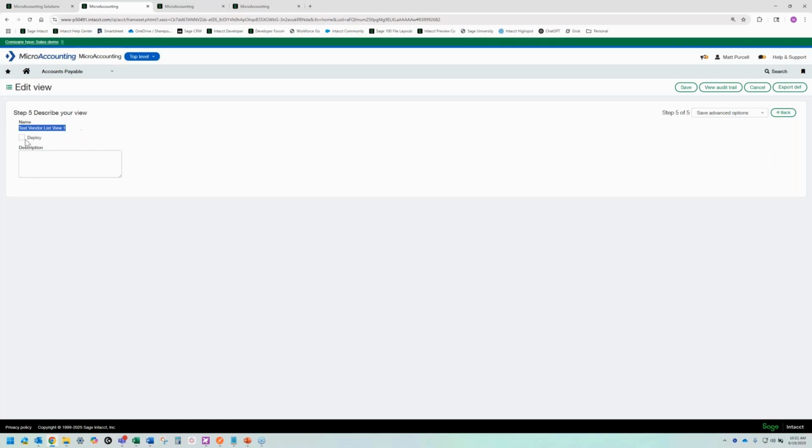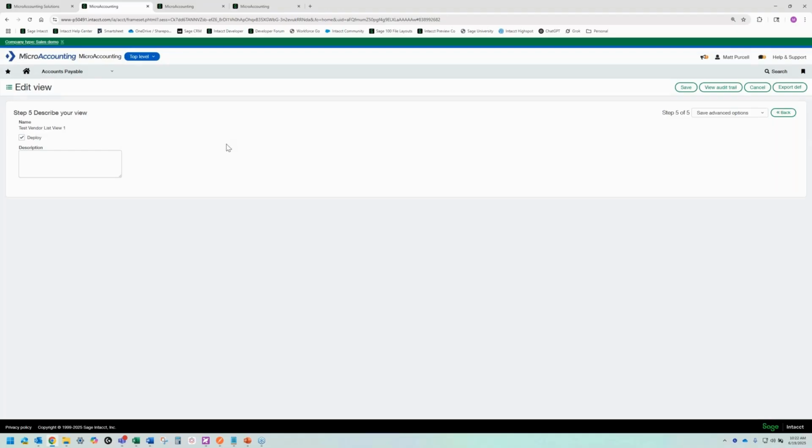This deploy checkbox basically allows you to deploy the list view across the system for everyone to use. I typically like to tell clients that if they're creating a list view that should be used for everyone, so something super generic like all your open AP bills, or a certain vendor list view that everybody in the company uses, that's when I would check this deploy box.